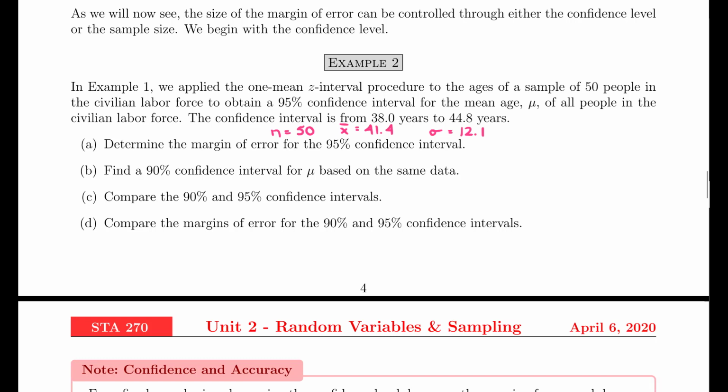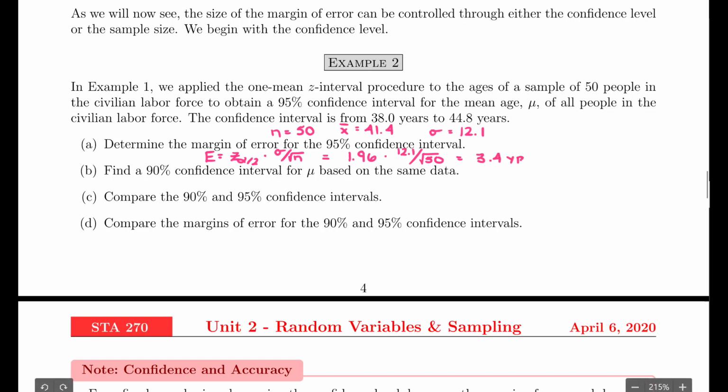And determine the margin of error for the 95% confidence interval. The error formula is E equals z sub alpha over 2 times sigma over square root of n. We substitute in the values that we know. We calculated or found z sub alpha over 2 for the 95% confidence interval to be 1.96, times sigma, which is 12.1, over the square root of 50, and we will get a margin of error of 3.4